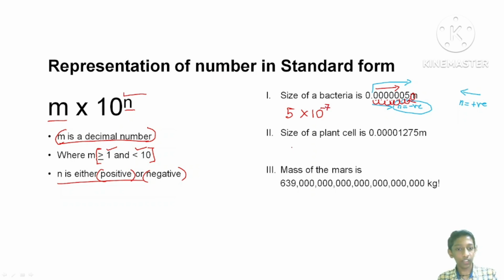Now let's take another example. The size of a plant cell is 0.00001275 meters. We have to take the decimal point beside 1 because 1.275 is greater than 1 and less than 10. If we take the decimal point beside 2, that will be 12.75. 12.75 is greater than 1, but it is not less than 10. So the value of m will be 1.275